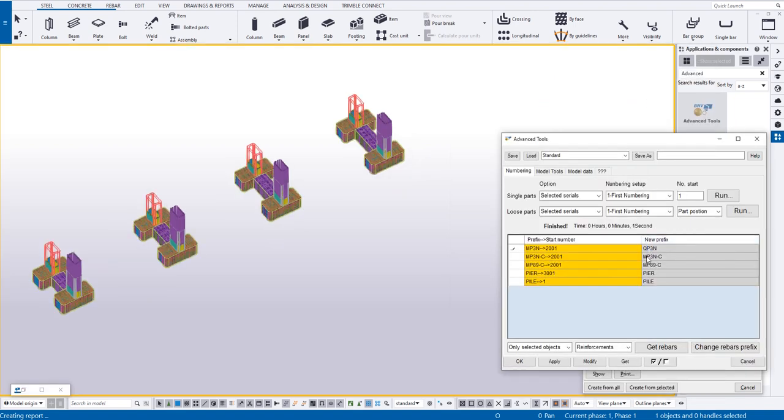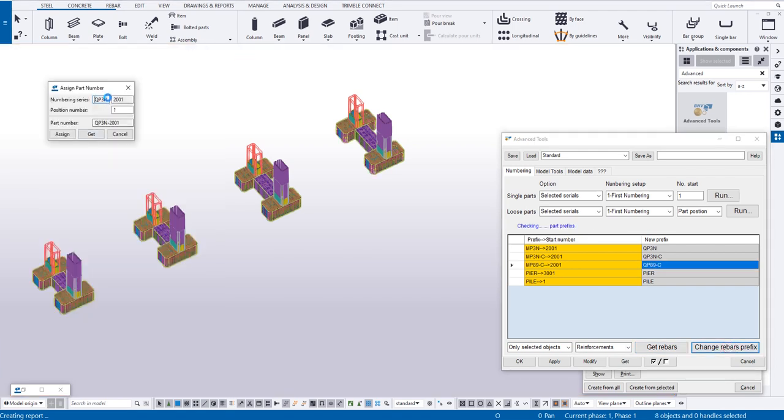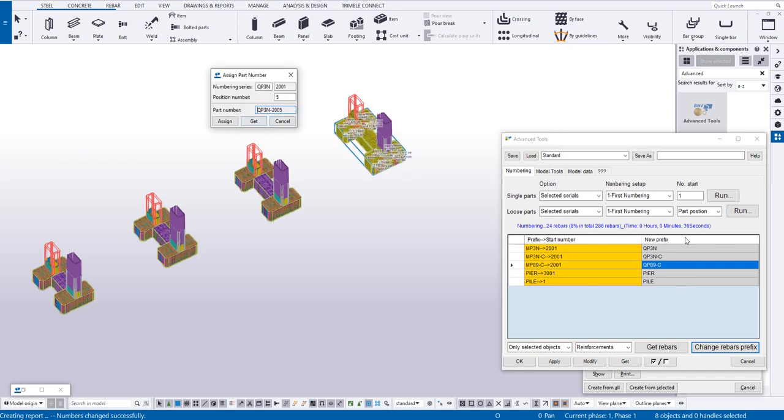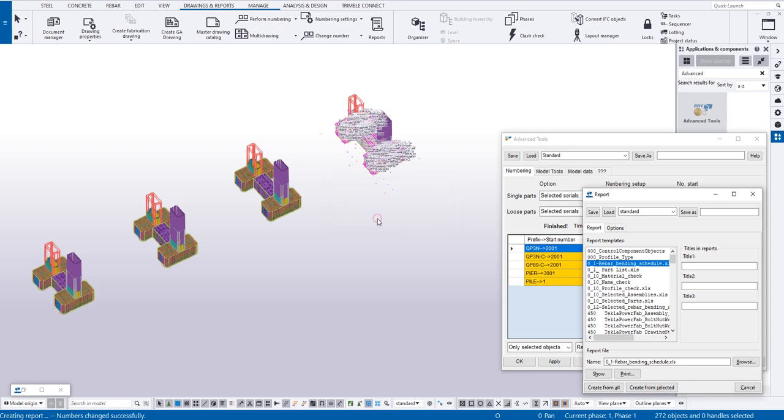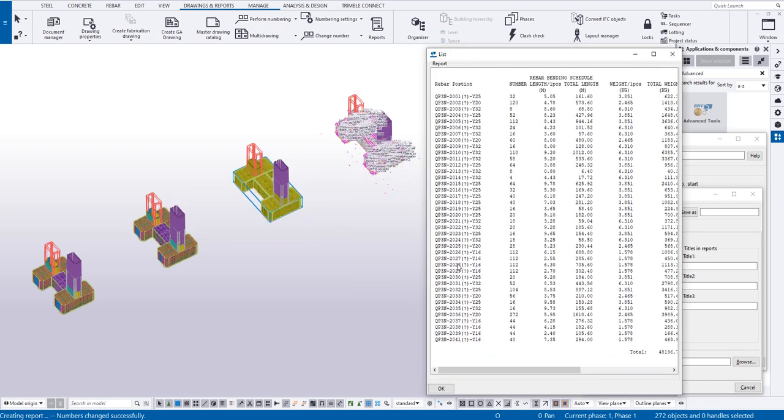Now we try to change the prefix for type 4 to another prefix. It changes the prefix one by one for you, serial by serial, with the new prefix. That's easy, saves your time, and makes your project look very nice. Instead of assigning by hand, the tool does it automatically for you. It makes one-by-one serials with different prefixes and shows the start number for you. You create the report again and see that all rebar have a new prefix and keep the same position.